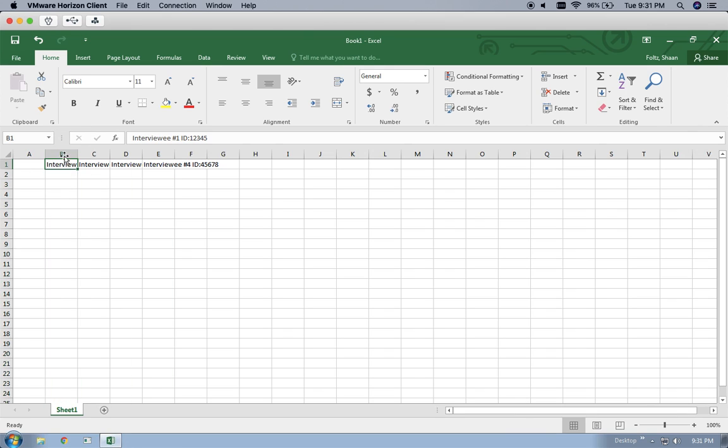But if I actually hover over here and move in between 2 columns, the cursor will change into a bar with arrows facing outward from the bars. And that essentially tells you that you can change the width of the columns. So if I just click with the left mouse button and drag this, you'll see that